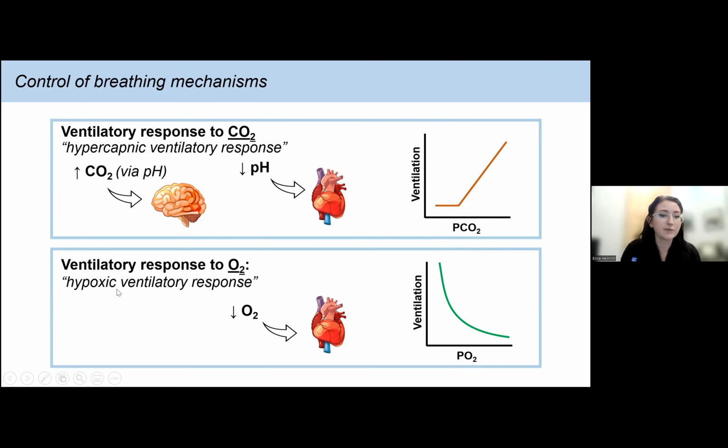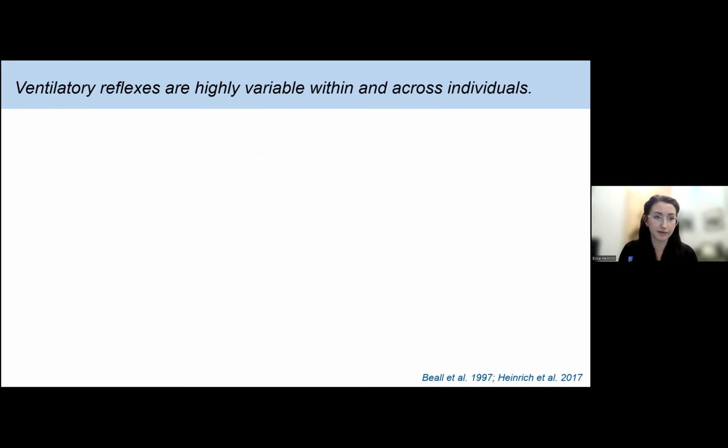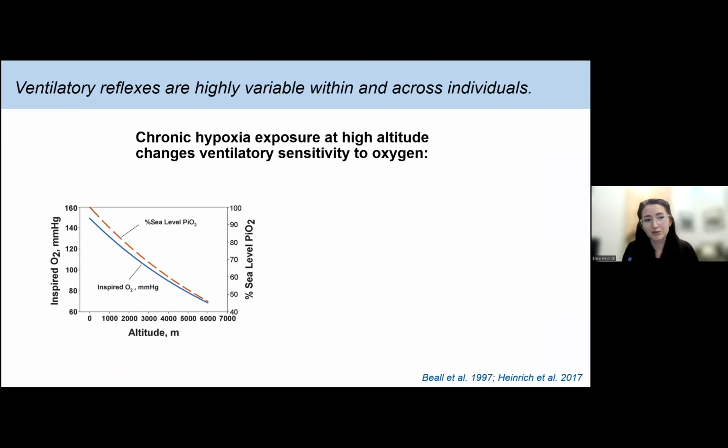You also have something called a hypoxic ventilatory response. As oxygen starts to fall in the blood, these peripheral chemosensory cells will start to increase breathing as a function of the PO2 in the blood. So these are the two breathing reflexes that we measure in our lab. And you would think that these two reflexes, since they're the body's first line of defense against hypoxia and the pH changes in the blood, would be very conserved across individuals. But in fact, they differ significantly both across human populations as well as within individuals,